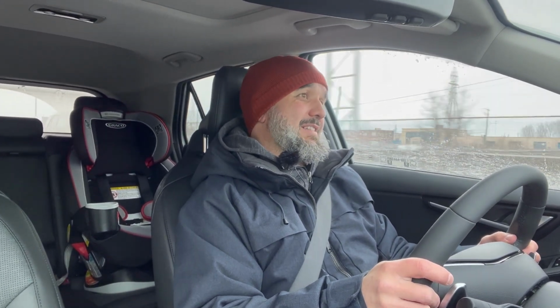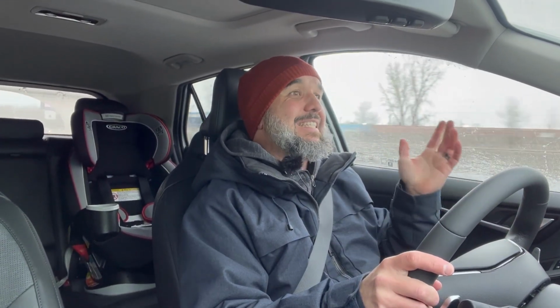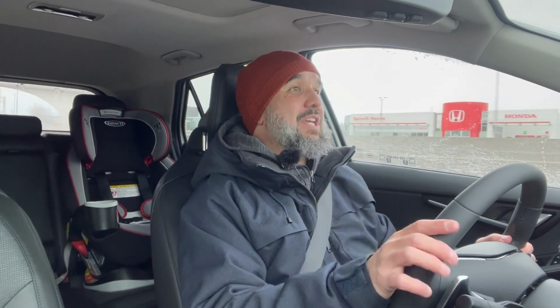What I do like is the electric motor, which produces 201 horsepower from 6,000 to 9,000 RPM. But it's the torque: 188 pound-feet, which is low-ish, but it's available from 0 to 6,000. So there's no gap. It actually pulls nicely, decently, and sustainably, as long as you would expect an electric motor to last as you're driving around. And again, it's only 3,800 pounds. Okay, that's without me in it, but even so,